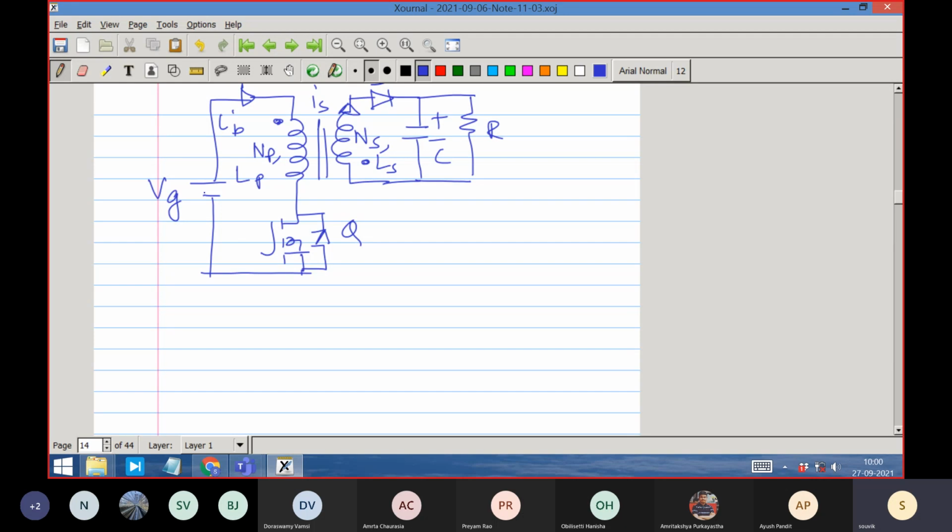You can adjust the output voltage V0 by the number of turns, and you can adjust the polarity of the output voltage by using the proper dot and cross convention. So all those advantages are there. However, this is an inductor. It is not a transformer. Therefore, its flux level is generally high.